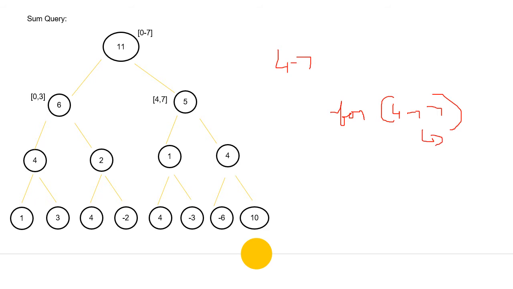But what we do here is that we use this node directly to find the sum of elements from the fourth index till the seventh index. So in this way, this will be done. This will be efficient, and this is actually a much faster way than the naive approach which we do.